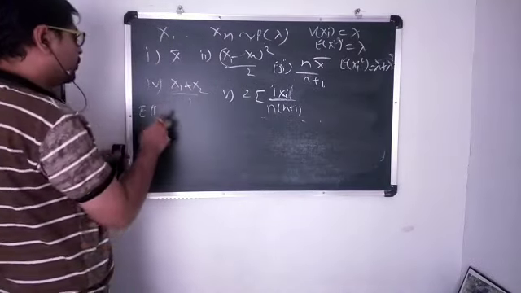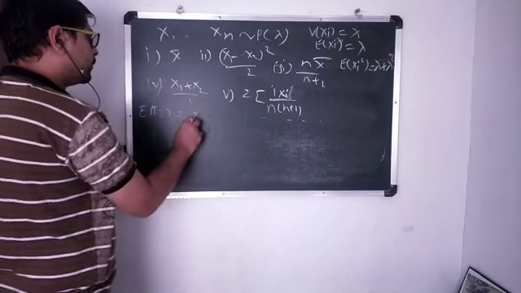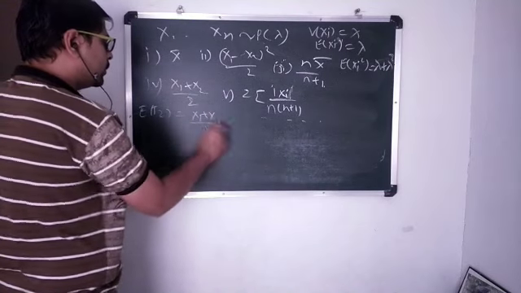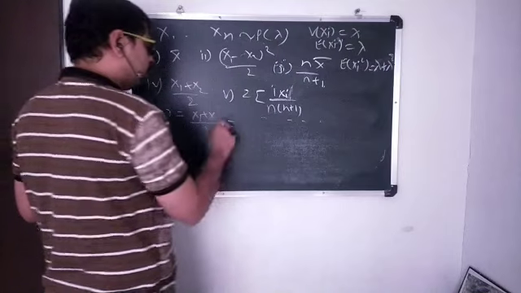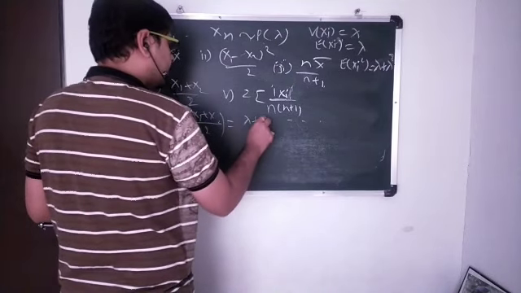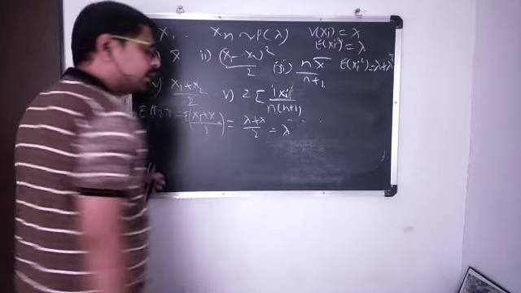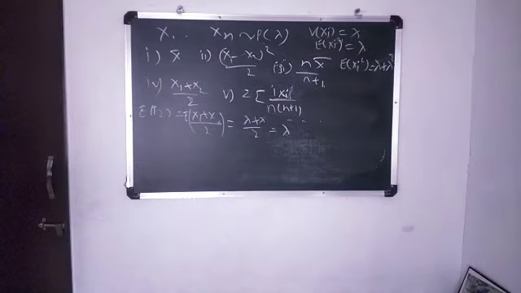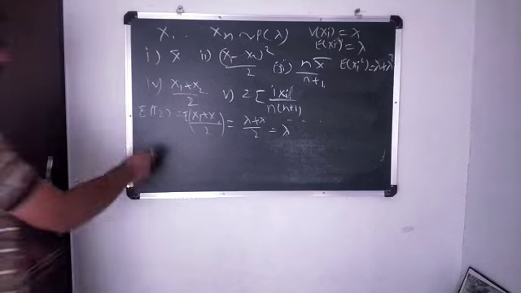in case of T2, which is (X1 + X2)/2, the expectation of this term is equal to lambda plus lambda divided by 2, and it is equal to lambda. It is also an unbiased estimator of lambda, but this will not be a consistent estimator, since the sampling distribution of T2